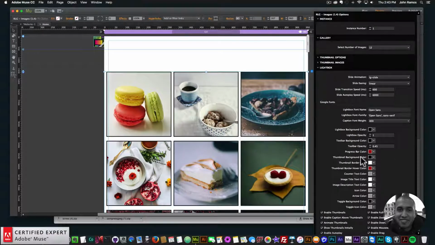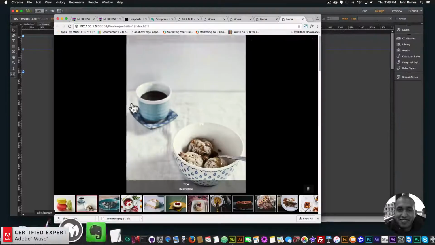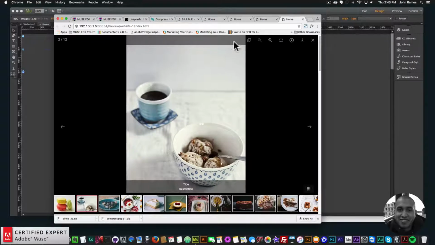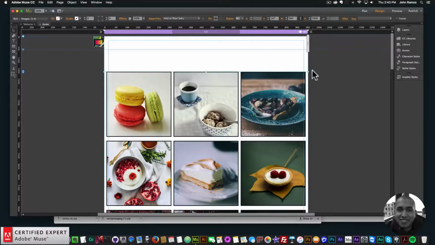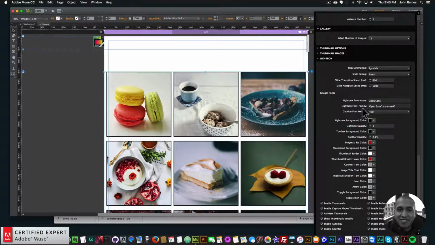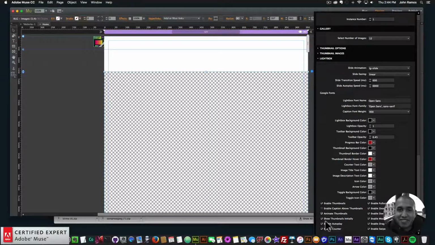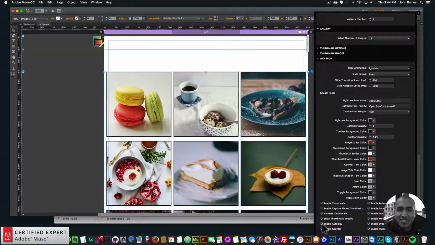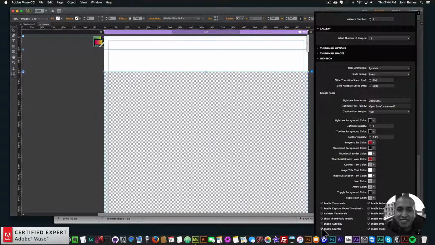But the update that I really want to go over here is the ability to remove some of the icons up here. Some of you have asked me, can I remove all of these icons? And now you can. So if we go into the Lightbox section here, here are all of the options you can enable or disable. So you can enable caption above thumbnails or disable that, so the caption won't initially be on top of the thumbnails. You can disable autoplay icon, the counter on the left. You can disable full screen. Here, let me just uncheck that. You can disable zoomed and disable download, and you can disable mouse wheel, so the Lightbox doesn't move